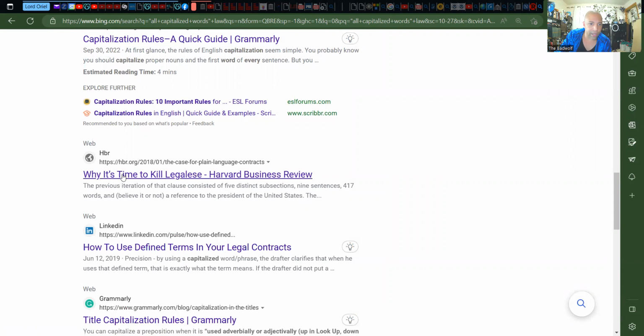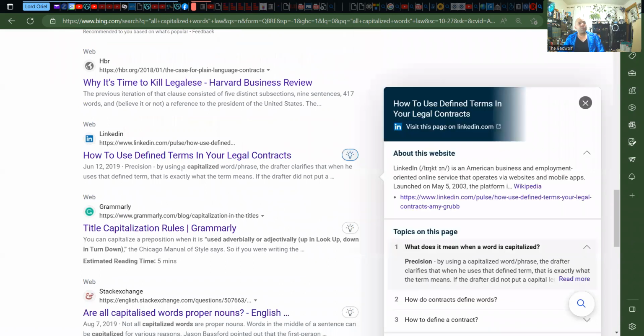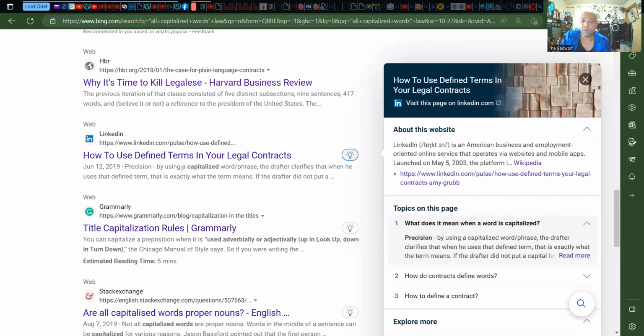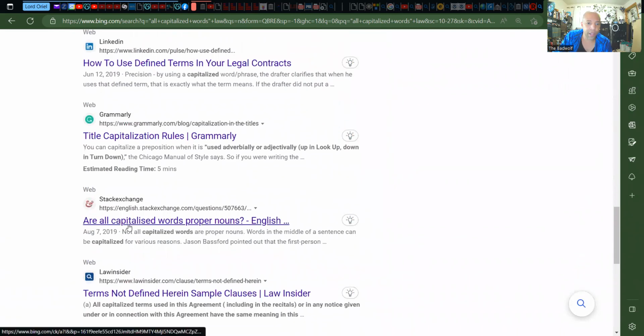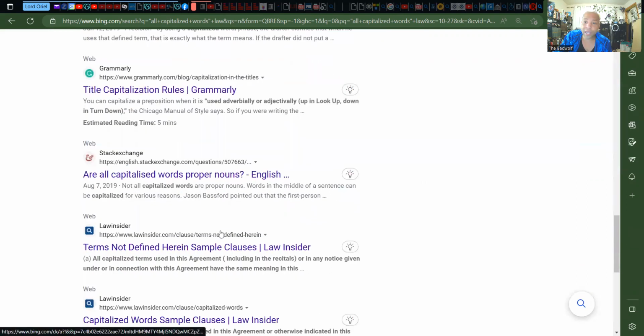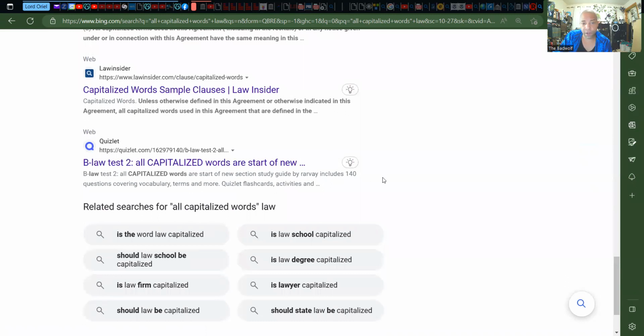I like this one. Why it's time to kill legalese? Harvard Business Review. They can't. They have to be able to show the difference in jurisdiction. Either the United States of America has to approve that we're all going to become foreign owned and operated by the all caps people, or the all caps people have to take over America and slide it in. Till then, they have to show a jurisdictional difference between non-living entities and living. And even the use of one uppercase letter puts you in that jurisdiction. You can't play just the tip, okay?